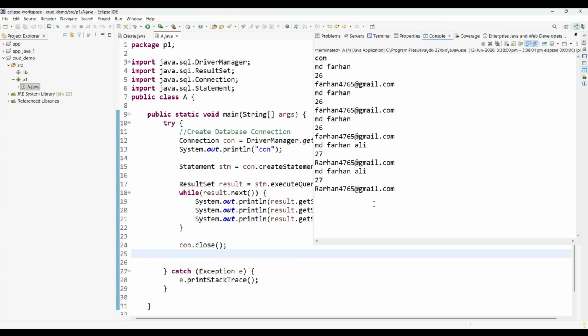So in this video, we learned all 4 CRUD operations using JDBC: create using insert, read using select, update using update, delete using delete. In the next video, we will make this project even more practical. Instead of hard coding values directly inside the Java code, we will use the Scanner class to take input from the user at runtime. This will allow users to enter names, age, and email dynamically, making our CRUD application much more interactive and useful.